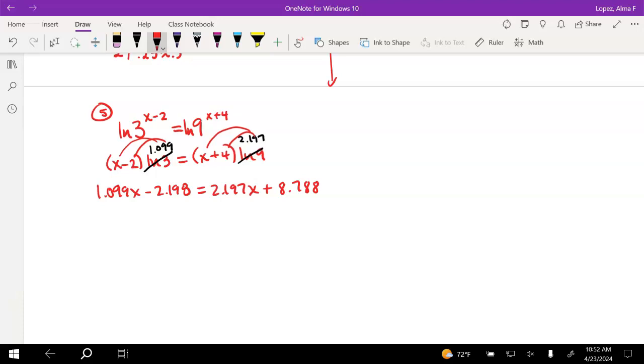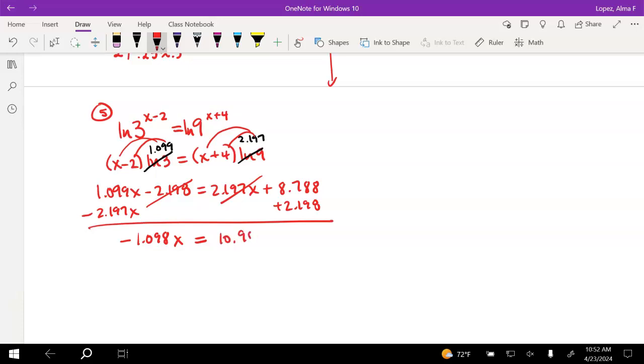Now I will move all the constants to the right. Make sure you change the sign when you do that. All the x's to the left, or whichever direction you want to, and combine. Here, I'm going to get negative 1.098 x's are equal to 10.986. After dividing both sides by negative 1.098,